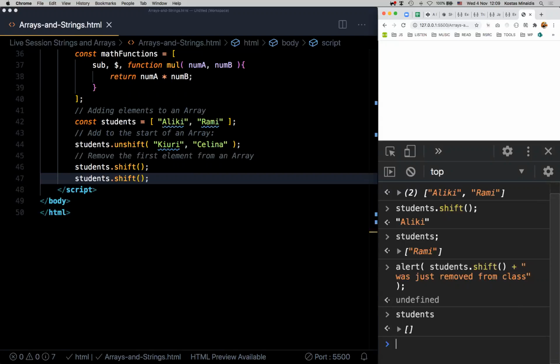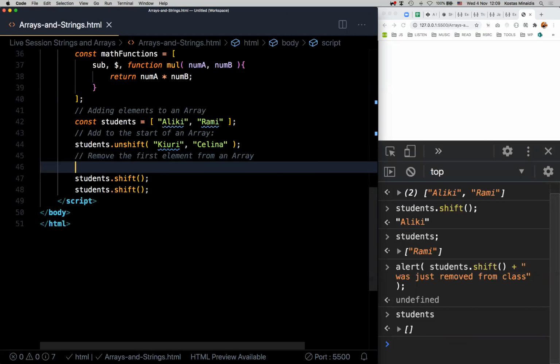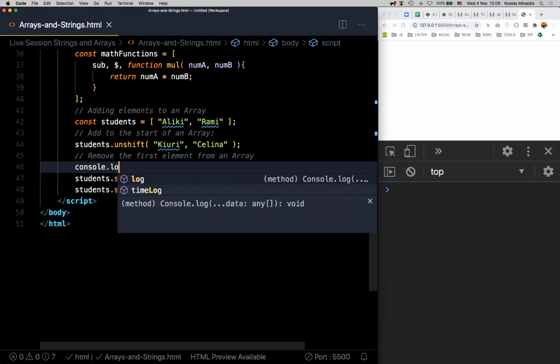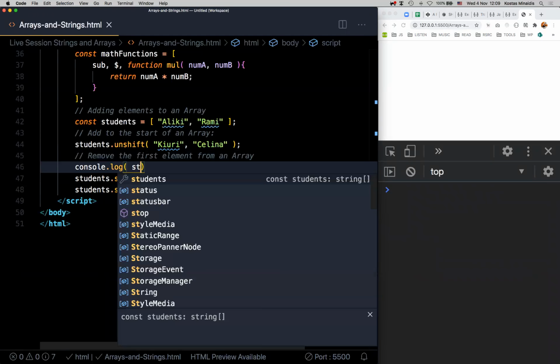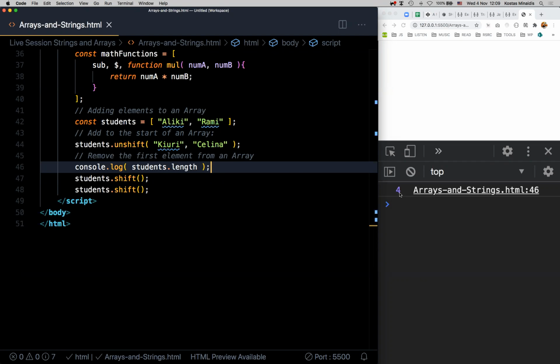So in order to do that, JavaScript gives us a very, very important array property, as it's called. And it's the dot length property. It gives us the number of elements inside an array. We use the array name and the dot length syntax to get the length of the array, which is automatically calculated. So if I say here,